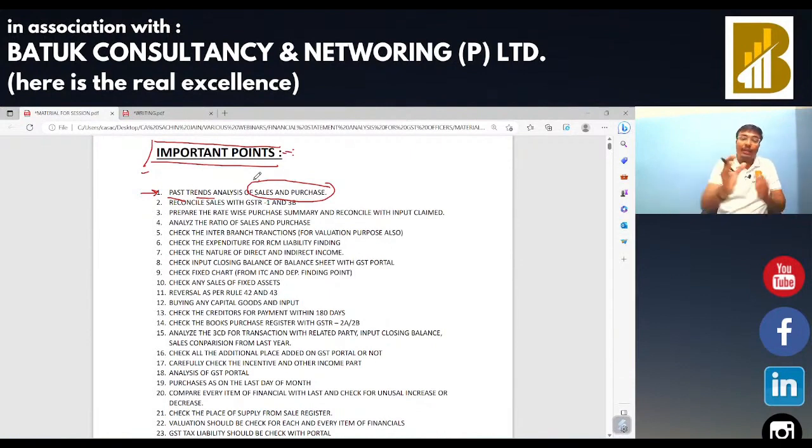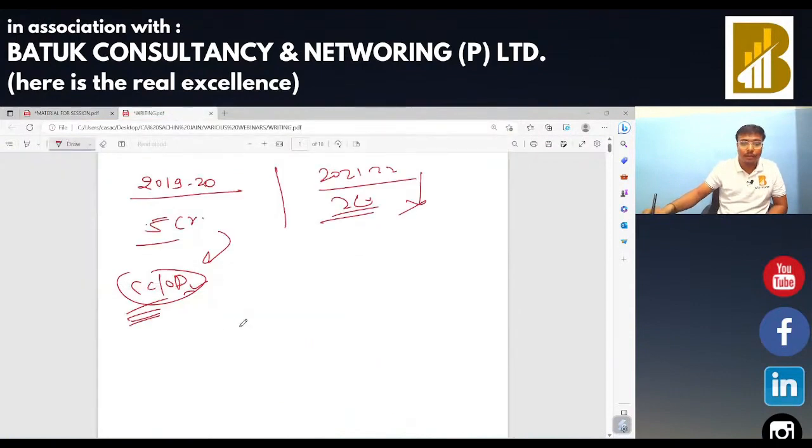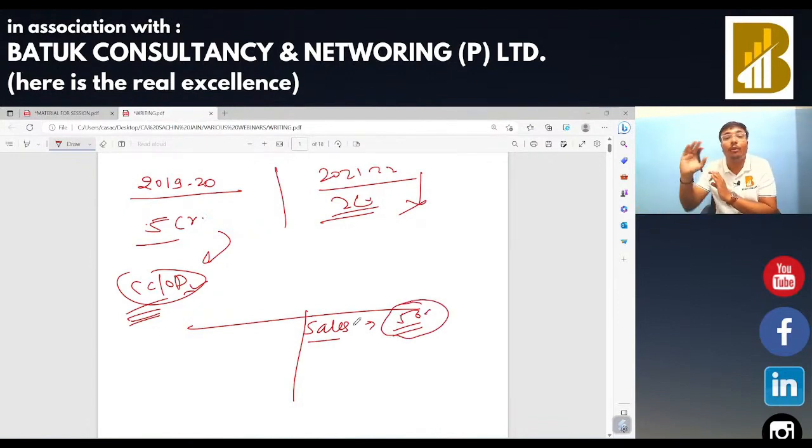Next point, sir, you have done the analysis of trends of the sales and purchase. Now this is your responsibility to reconcile the book sales with the GSTR 3B sales. Suppose in that particular financial statement you got the sales of 5 cr rupees. In that case you need to reconcile that particular sales with the sales of GSTR 3B return and GSTR 1 return. Okay sir. So if there is no difference, in that case there is no issue, you can go ahead. But if there is any issue with that,